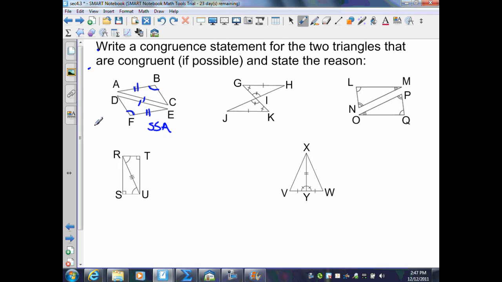Therefore, in this instance, this would have to be impossible at this point to prove these two triangles congruent. This is not a valid